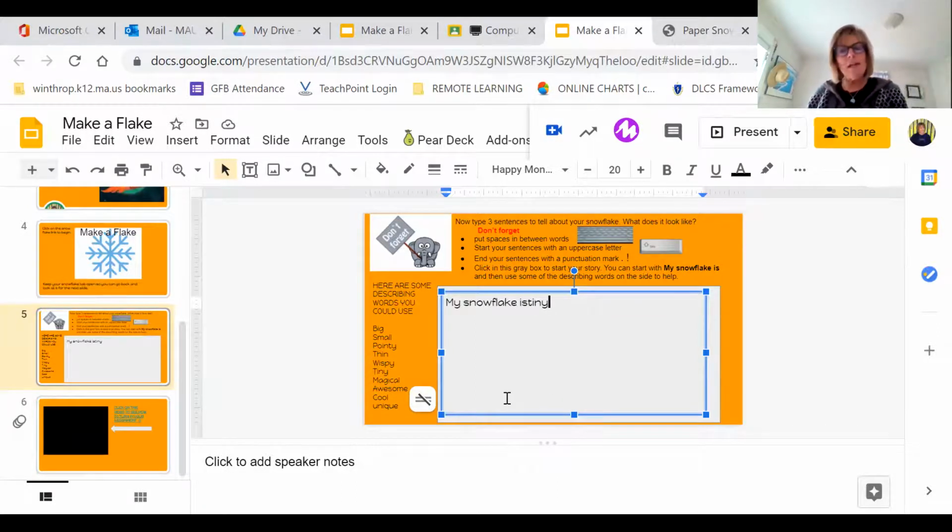So there's a few ways that you can fix this, boys and girls, but I think one easy way is to use your arrow keys. Because look, when you use your arrow keys, it doesn't erase like your backspace button will. It just moves the cursor, little blinky, through the letters. So there's my first sentence. My snowflake is tiny, and I'm going to say, and